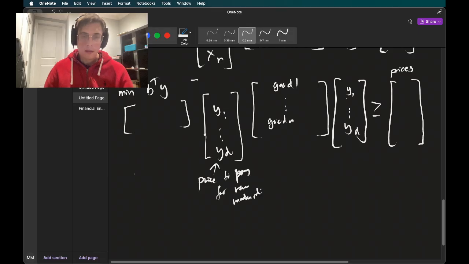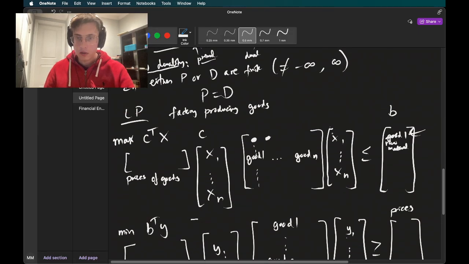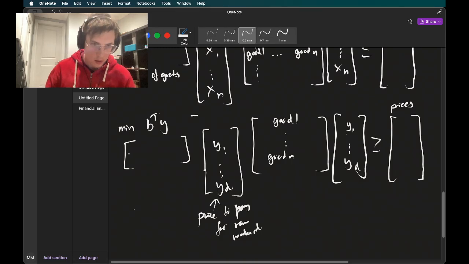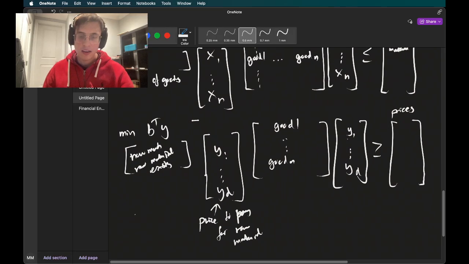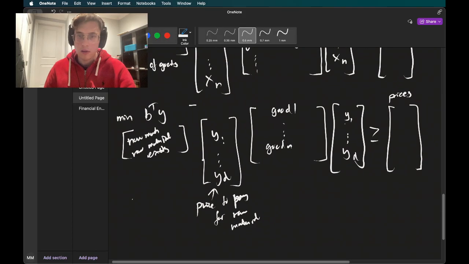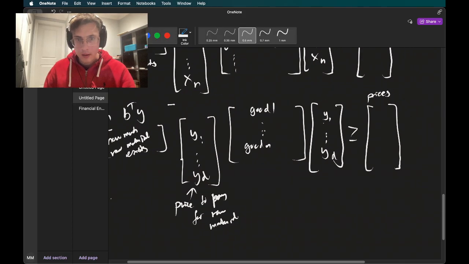And then this b, if we go back to here, b is our constraint: how much raw material exists. So it can only buy it from factory A, basically. And then it needs to do it in an intelligent way, right? If a good is super expensive to produce, you probably don't need that much raw material for it, because you don't want to produce a good that doesn't make that much money. So you want to make sure here that the good,